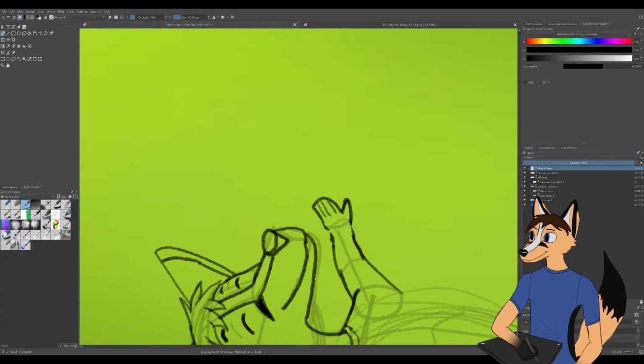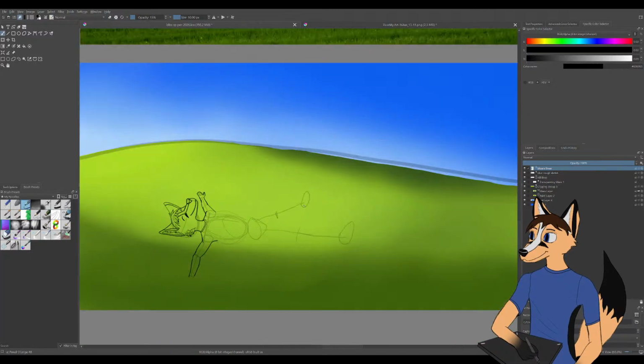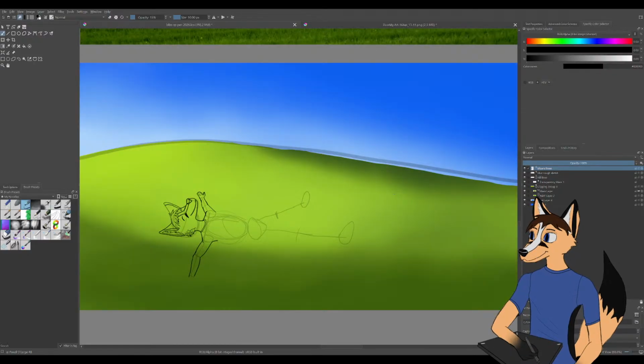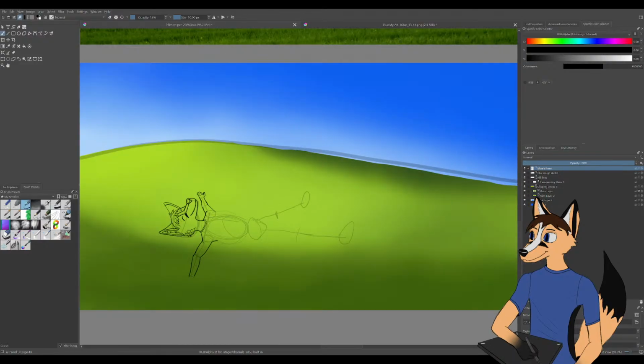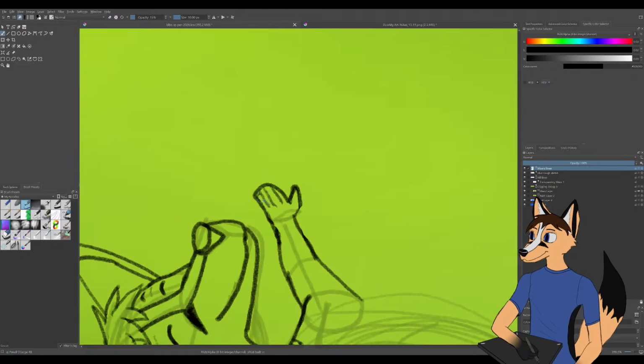Do that. And that. And let's actually do the mirror trick, see if it looks okay. Yeah, it looks okay.